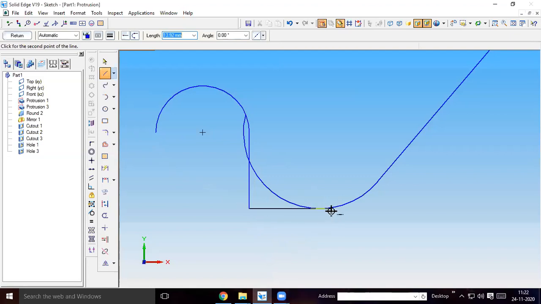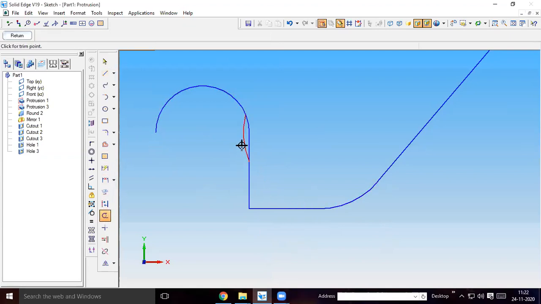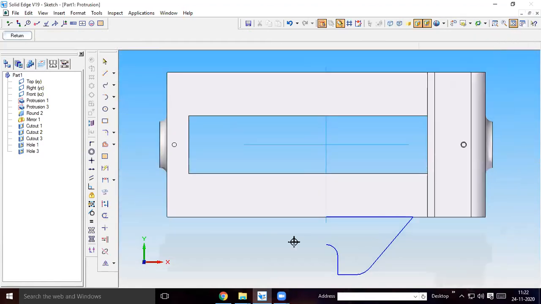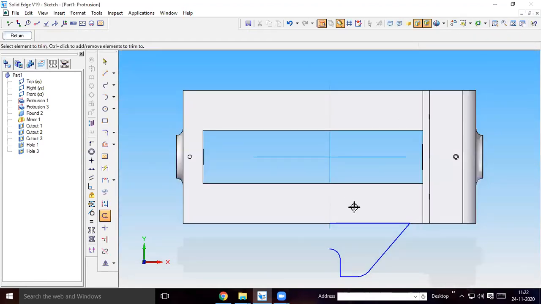Okay, then you extend this line to meet this curve. I need to retain only this curve, so you can trim unwanted lines here. So this is the required profile. Again, if you move on the center of the 8 mm radial circle, if you draw the vertical line here, this portion also you can trim so that you can do mirror option. Okay, you can do mirror of this.